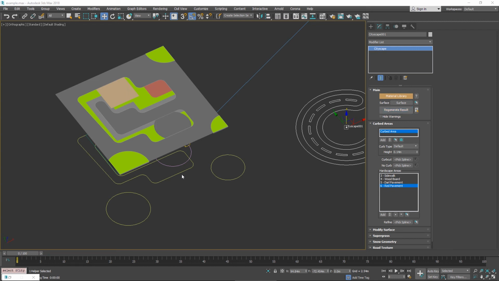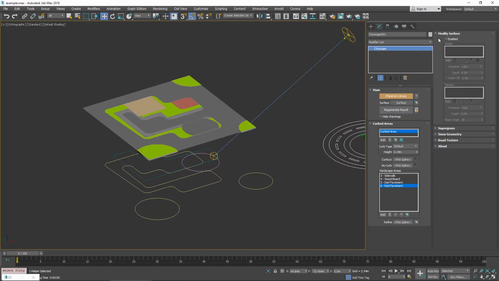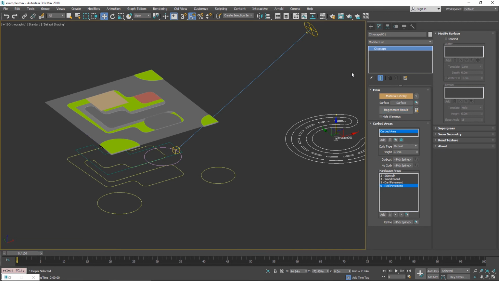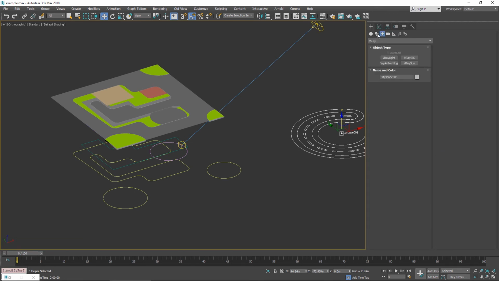Hi, in this tutorial I'm going to walk you through the Modify Surface toolbar. Okay, so let's just go through the features. First of all, we have the Enable checkbox. Modify Surface is off by default. If we enable it, and if we add a water,